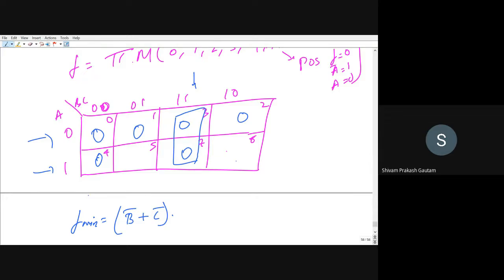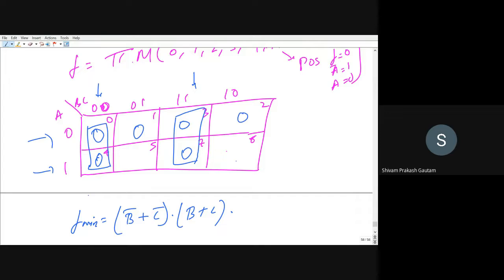Okay. Now tell me, is there any other cell to which only one adjacent cell is having 0? Cell 4. If you see cell number 4, cell number 6 is empty, cell number 5 also does not have anything. Only cell number 0 is there. So you can pair it like this. And see again the common terms. Row wise, there is nothing common. If you see column wise, B and C are 0, 0. So 0, 0 means 1. It is B plus C, multiplied by.